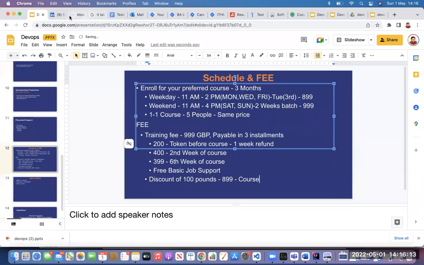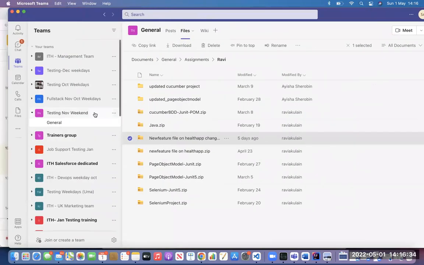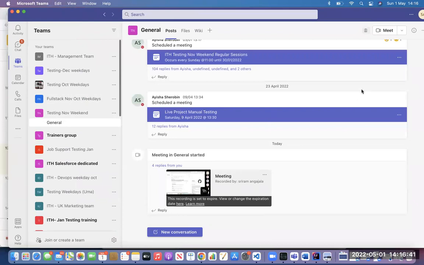That is nothing but the course enrollment form, which will have some next of kin details and the course details. Please fill that form and pay £200 to this account, and then please put your name as reference. Then we will give you access to our Microsoft Teams. Okay, because all our trainings are happening through Microsoft Teams, which is the best online course tool.